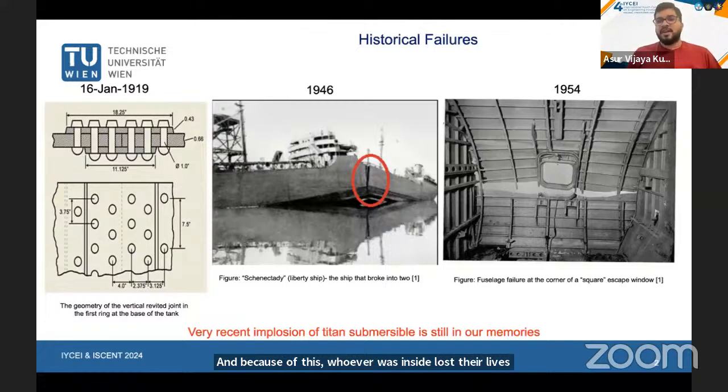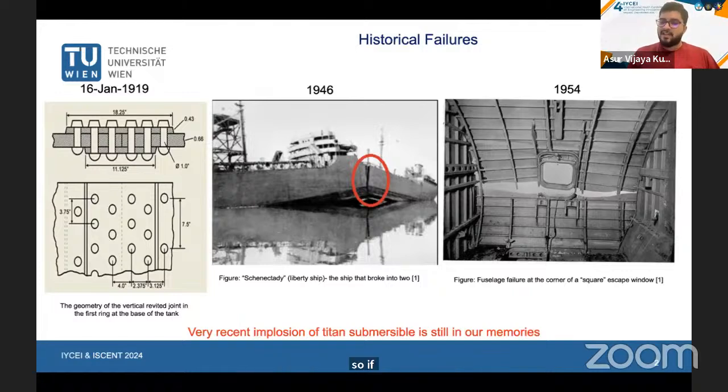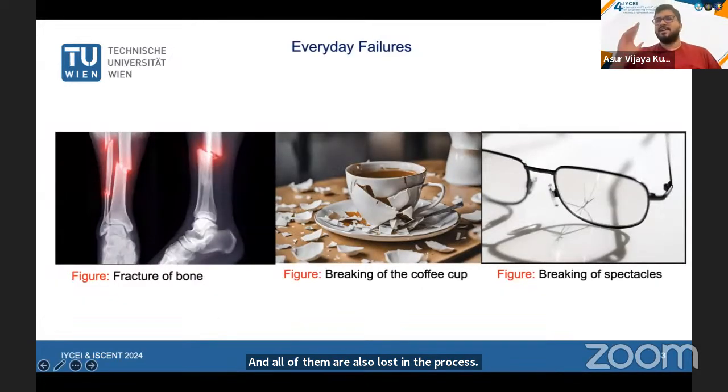So what am I trying to tell here? If you don't detect the fracture, or if you don't design for fracture, the catastrophes that unfold later would be very, very bad for the people who are in that or associated with that, or for the structure itself. It's not only that people's lives are lost, these are also equipment which cost billions of dollars, and all of them are also lost in the process, right? Okay, these are big stuff. It's fine. It doesn't affect my life. But